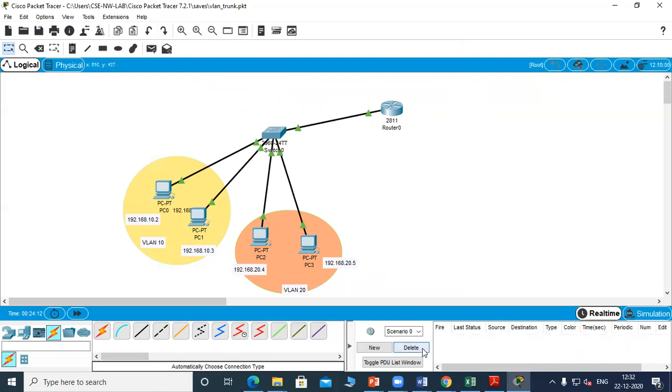So both the networks are able to communicate. In case the router was not divided into sub interfaces, then communication is not possible. So this example shows how a VLAN can be created across different LANs, or across different organizations having two different network IDs.